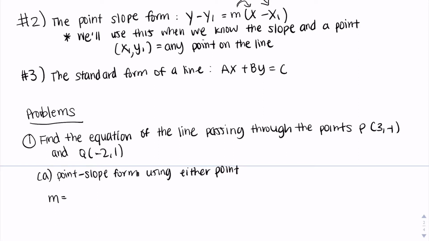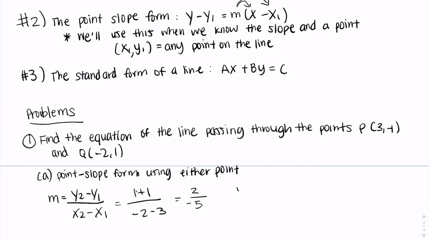So m is equal to y2 minus y1 over x2 minus x1, because first you want to find the slope, right? And you will get 1 plus 1 over negative 2 minus 3, which will give you 2 over negative 5. So you can